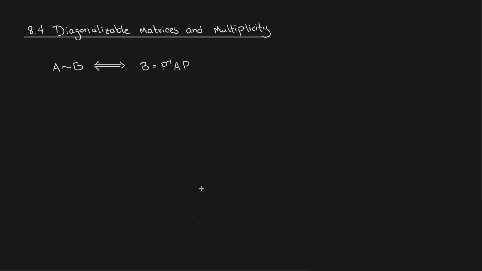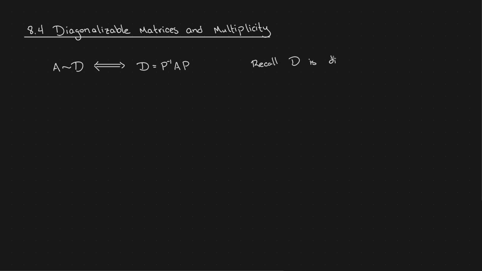And as we think about the matrices that we've worked with that are easy, one of the easiest kinds of matrices is a diagonal matrix. So we're going to explore to what extent a matrix can be similar to a diagonal matrix. Okay, so just as a reminder,